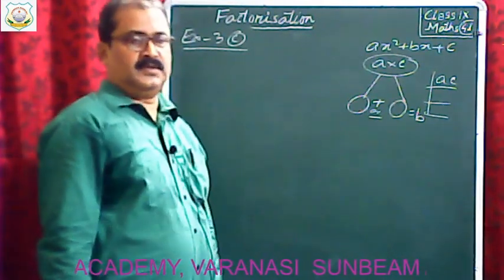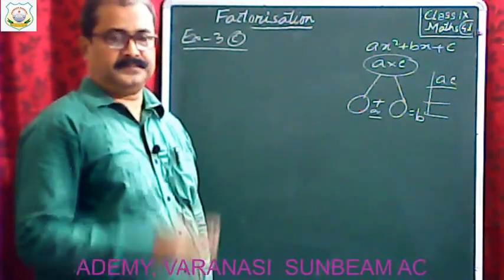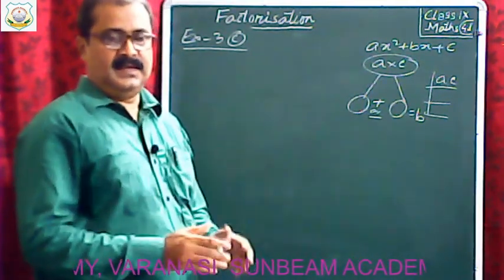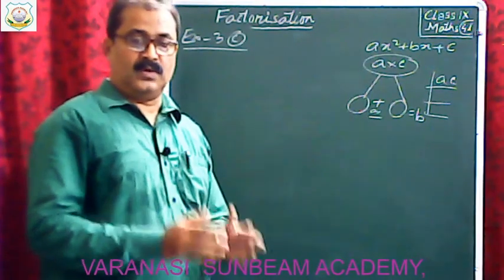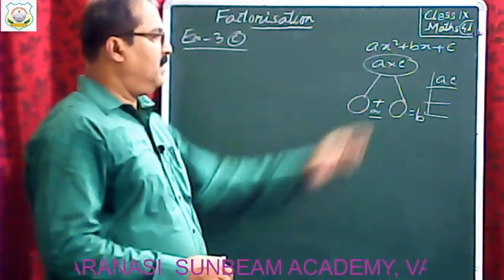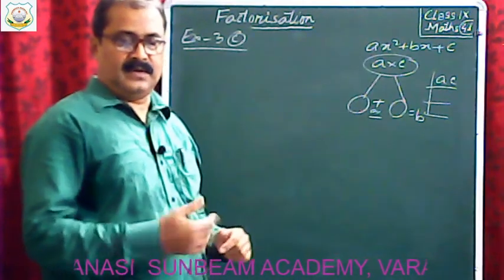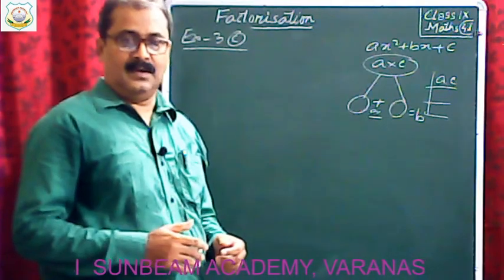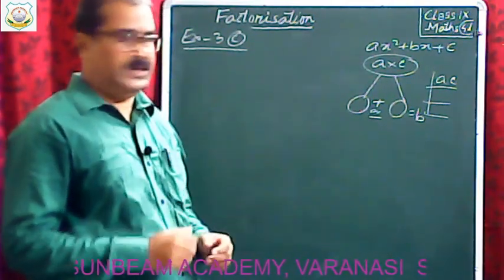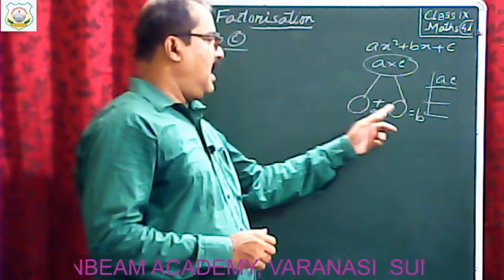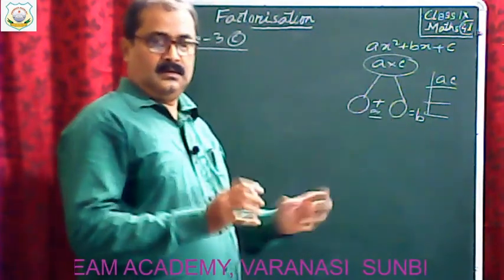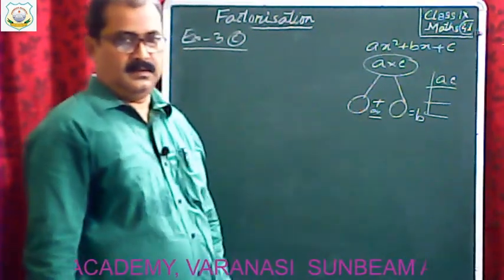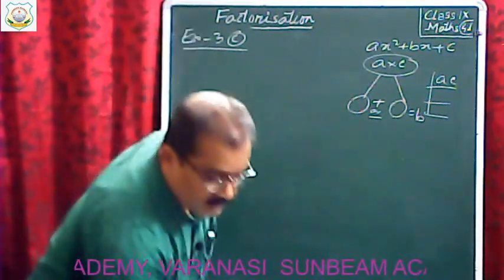Isn't it? So first of all, we multiply the coefficient of x square and the constant term, a and c, and thereafter we factorize the product of AC. Whatever factors you get after factorization, we rearrange them by the hit and trial method, or trial and error method, in such a way that the addition or subtraction of both the numbers must be equal to b. B is the middle term. Okay, so let's see.